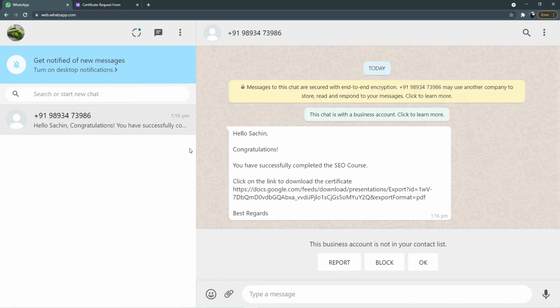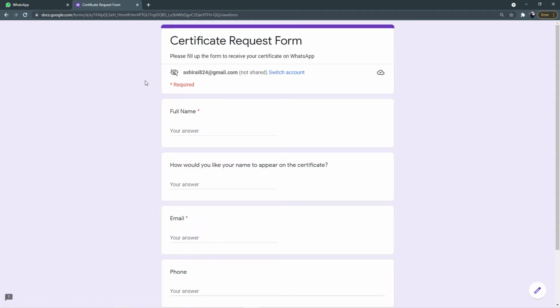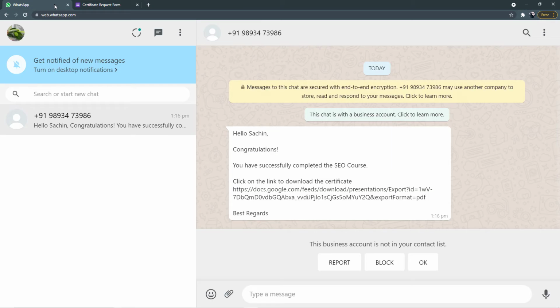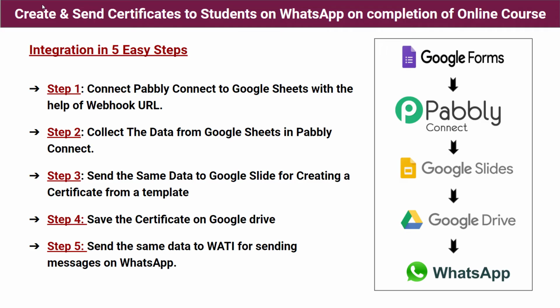to my student on WhatsApp without any manual compilation of the message, just by filling this form from here. Alright, so guys, let me give you the quickest and easiest steps by which you can also create these certificates and connect your certificate and send the certificates to the WhatsApp account of your students by connecting these Google Forms and WhatsApp. So guys, these are the 5 easy steps by which you can make this integration or connection between Google Forms